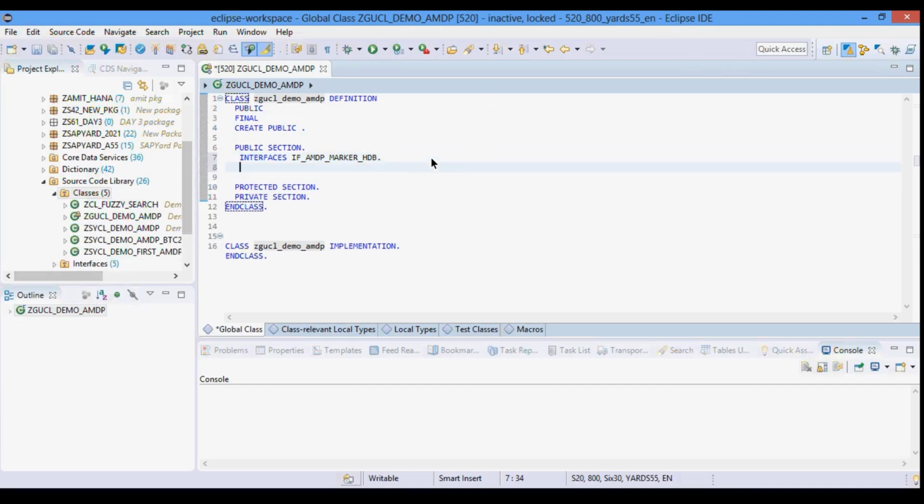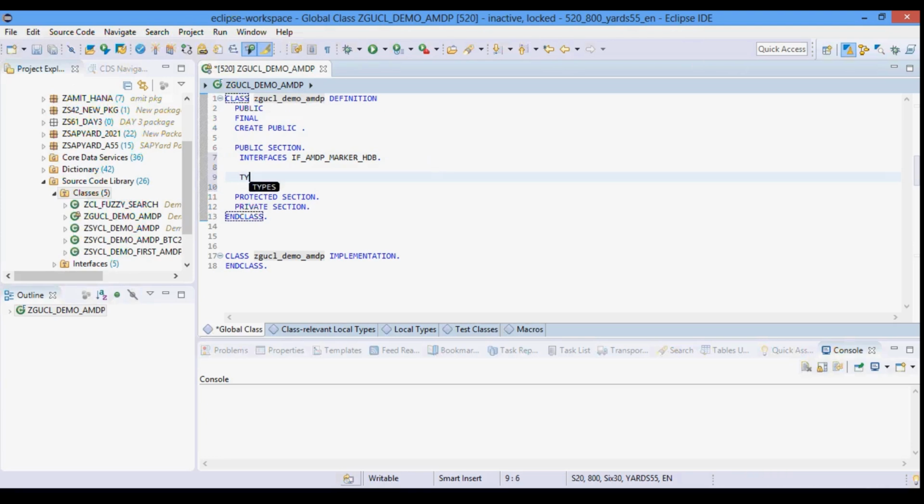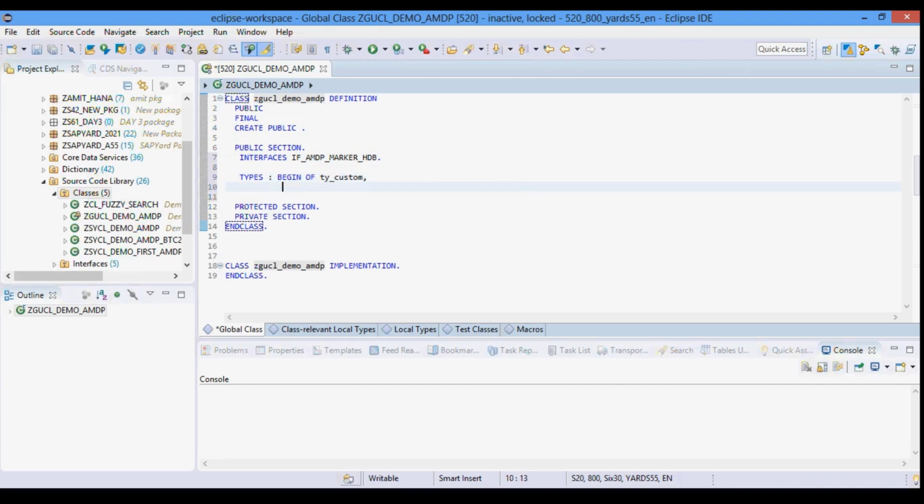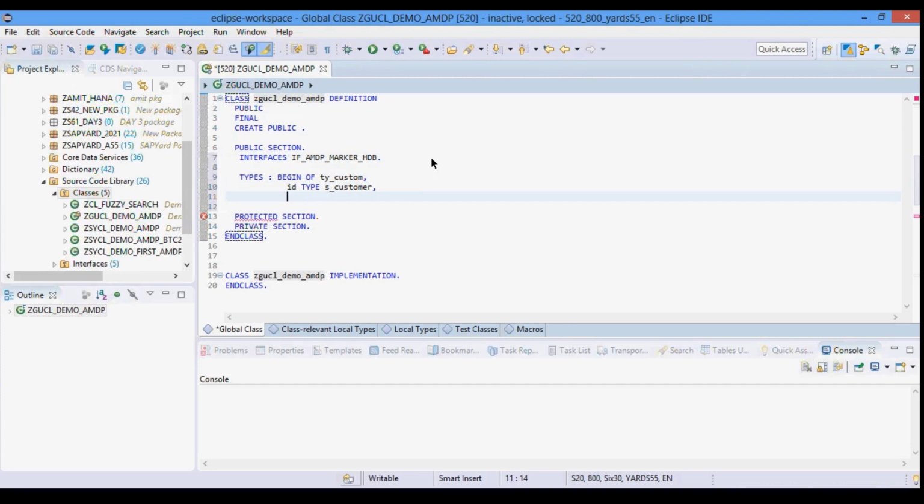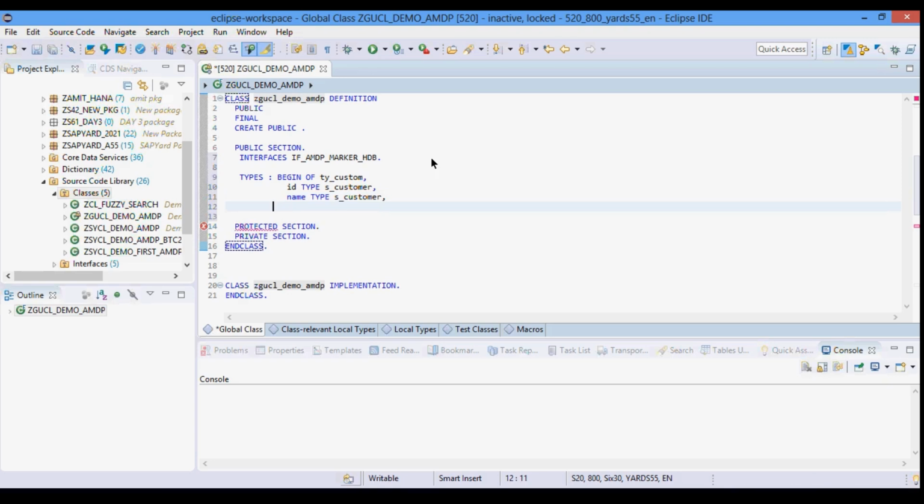Let me first quickly create one structure which we will be using. I am creating just a structure because I want to create a table type for that structure. I will have only two fields, ID and name. This is the ID of the customer and this is the name of the customer, and this is exactly the way we create a structure.